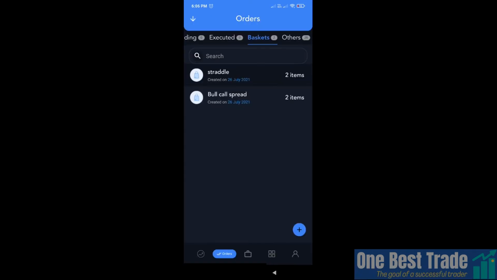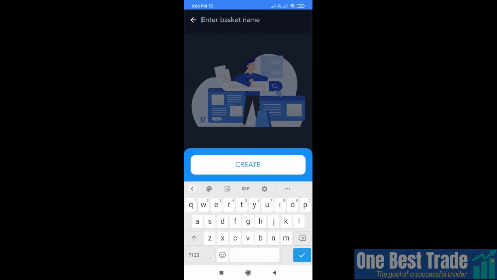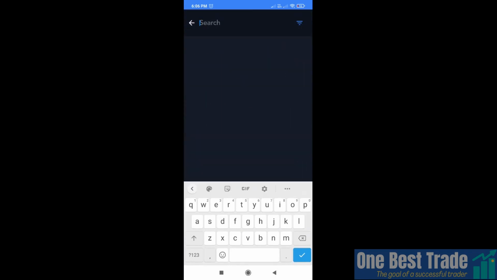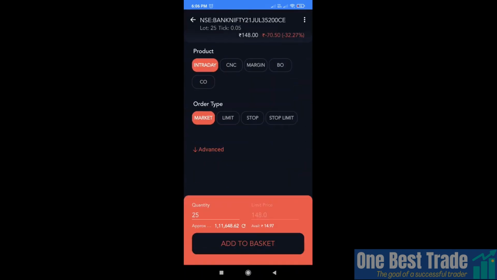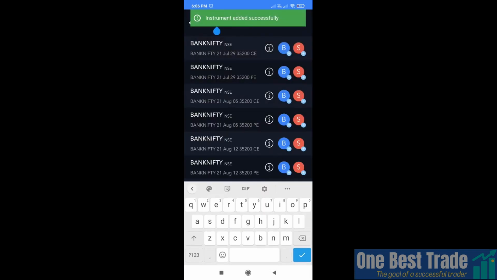You want to create a 4-leg iron condor. Just go and click plus button. Then give a basket name. Since you are creating an iron condor, just give iron condor and then press create and select the instrument. You are going to sell 35,200 call option. Then press add to basket and then you're buying the protection